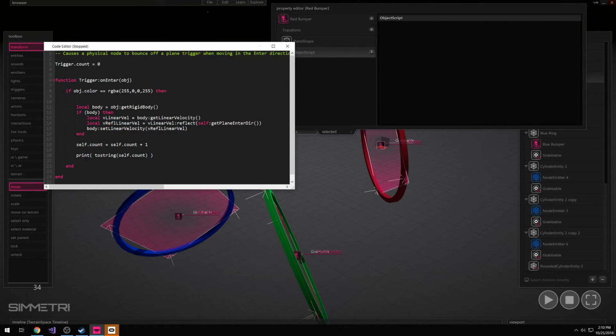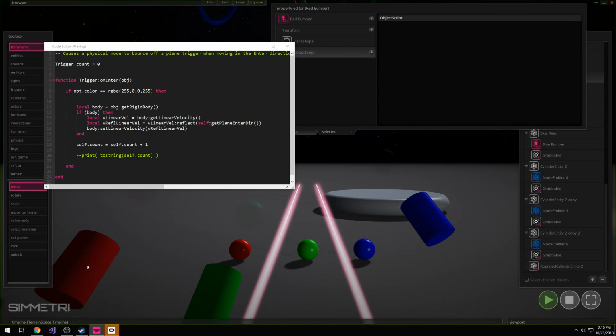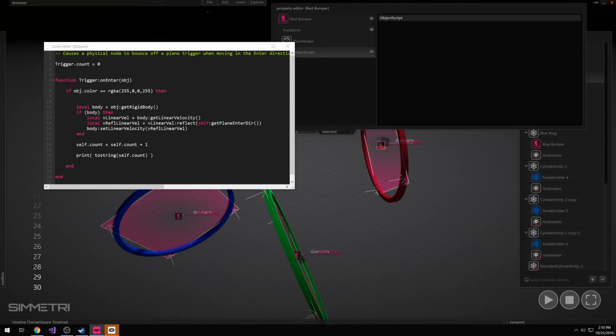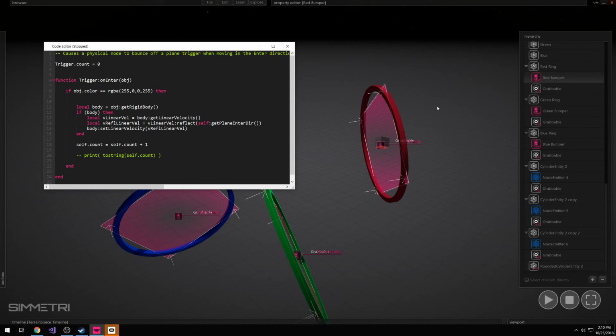We no longer need to print, so I can comment this out with 2 hyphens. Now when I press play, it'll no longer be printing those numbers. But you can see that if I want it to keep printing, I can delete those and select a different line, and here they come back again. So I'm going to comment those out. So we now have this thing counting. So this red trigger has a .count